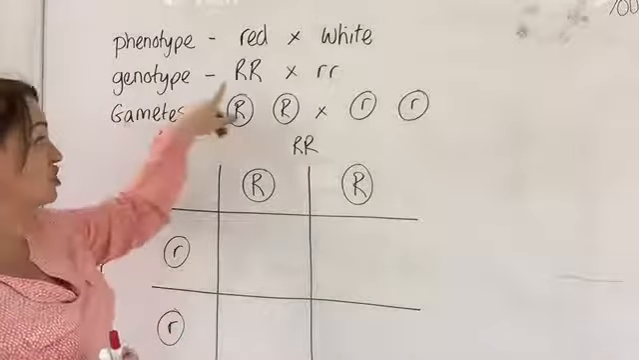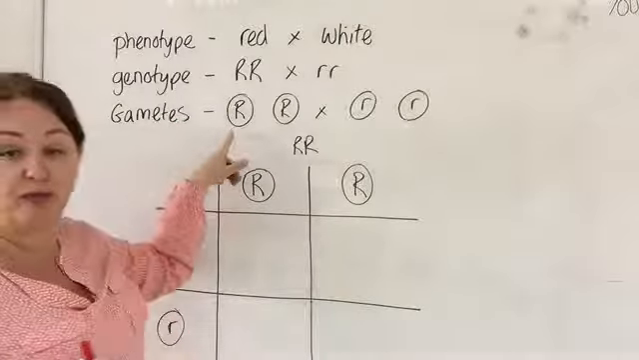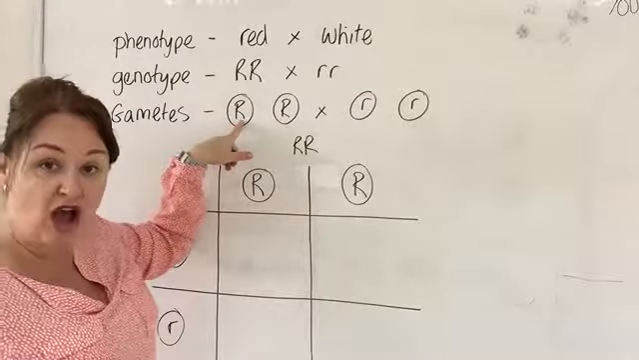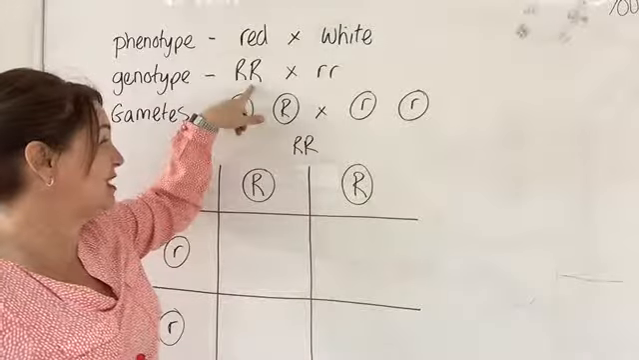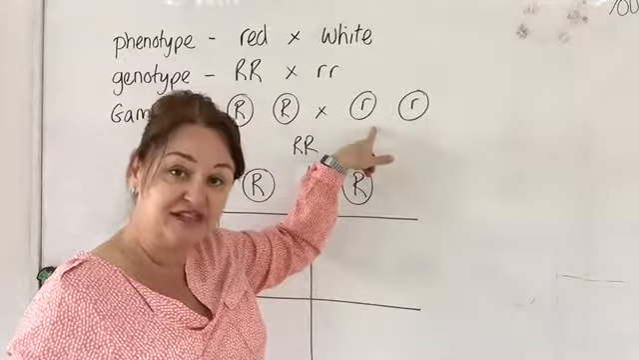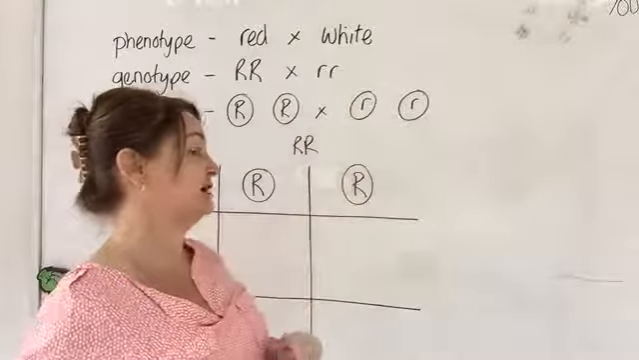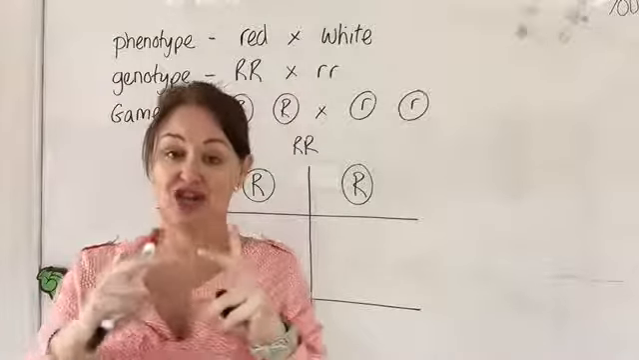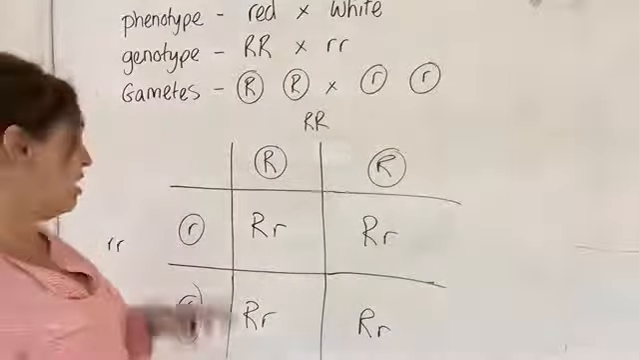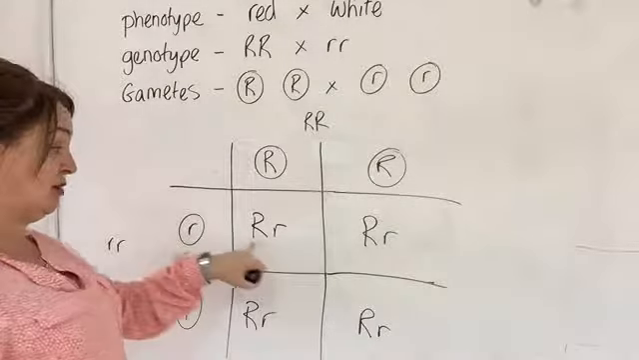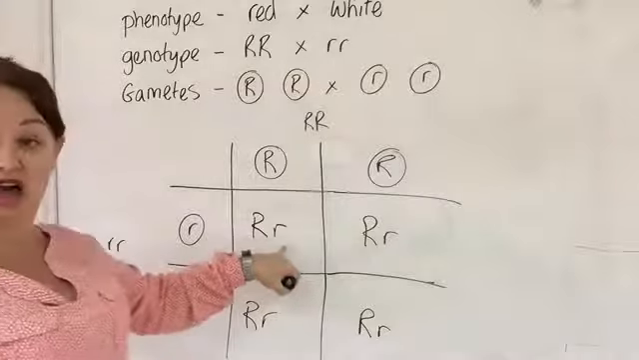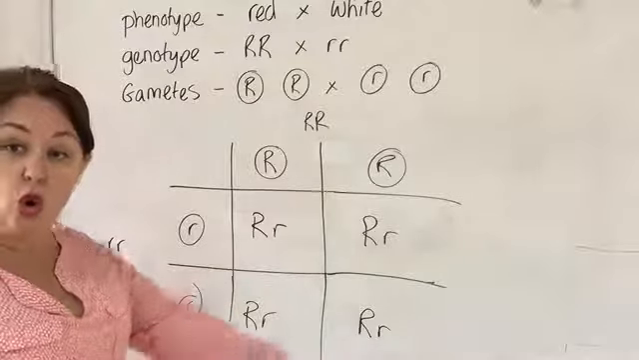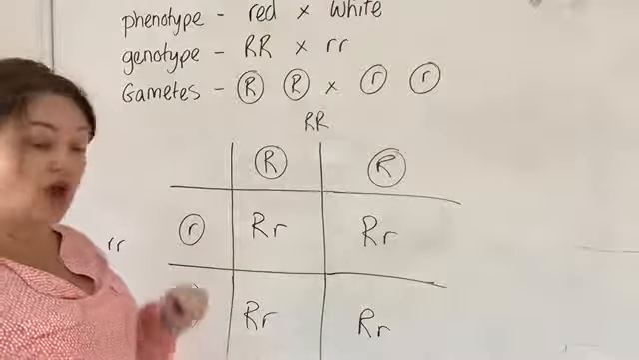So here we've got our genotypes, and here we've got the possible gametes that we can produce. We can only produce a gamete with a big R, with a dominant allele, from this plant, and we can only produce a gamete with a recessive allele from this plant. So what we do is we circle them to show that they are gametes, that they are discrete in nature. So from our cross, we can see that the only possible combination we can get is a big R, little r, which is heterozygous. This is dominant over this, so therefore all our population are going to be red in